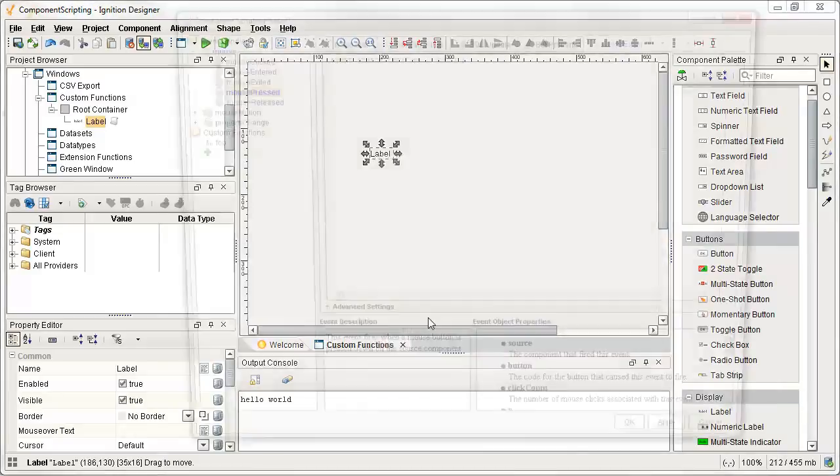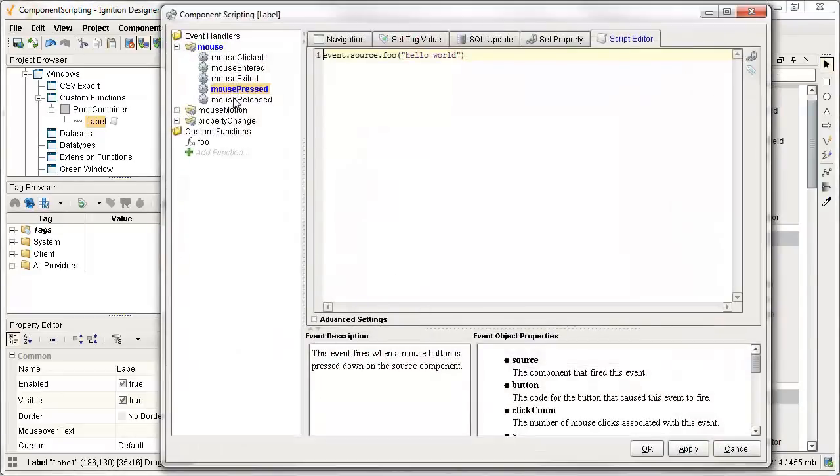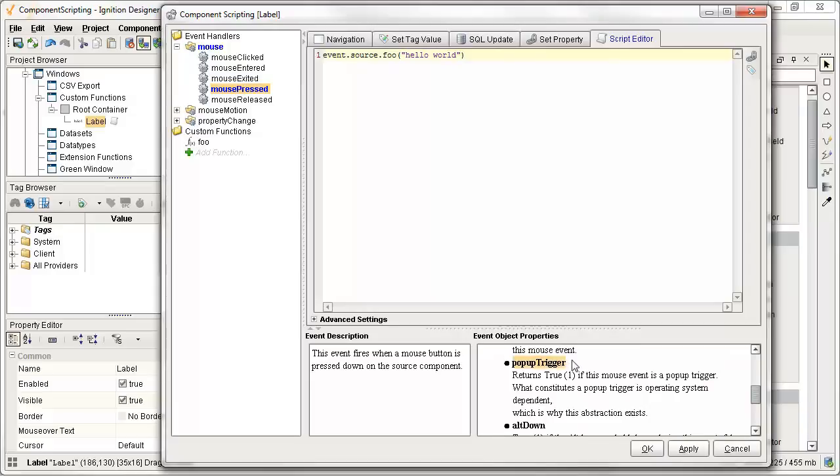One reason is that, let's say, for example, you're trying to pop up a context menu, a pop-up menu, on the right click of a component. Well, it turns out that the right click action is supposed to happen on either mouse up or mouse down differently depending on what operating system you're running on. And so if you've read the documentation for system.gui.create pop-up menu, you'll see that it recommends putting your script in both mouse pressed as well as mouse released, just so that you can catch this pop-up trigger boolean in both